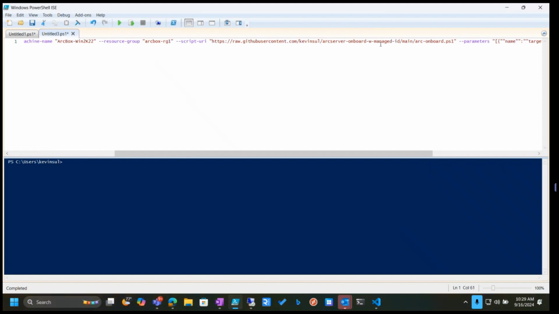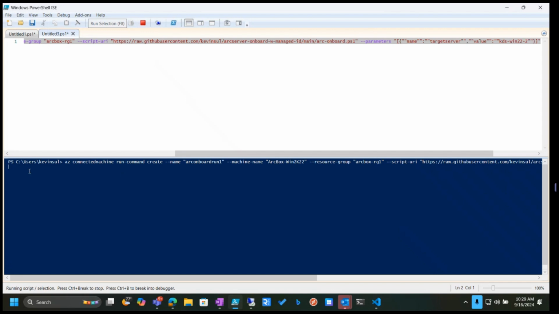It could be private, and I could actually use credentials via the command, if so, like a token, for example, if it was set in a private storage account for some reason. And then the parameters are the same, right? The parameter is this. It's essentially the same custom script extension, but it's essentially within the run command. So if I go ahead and just run this,